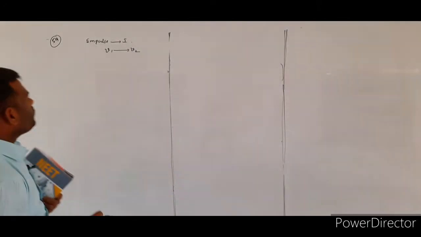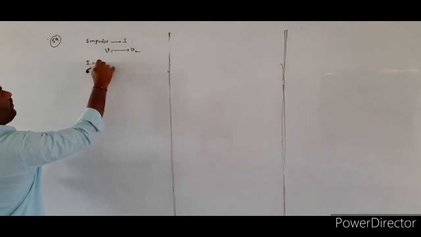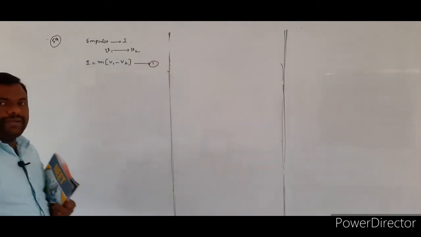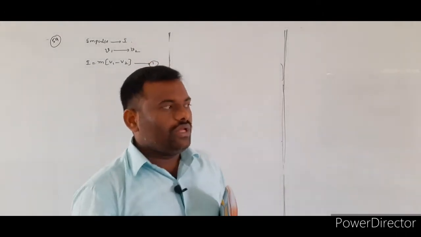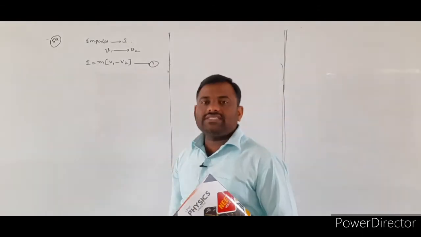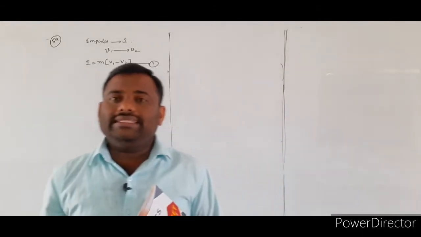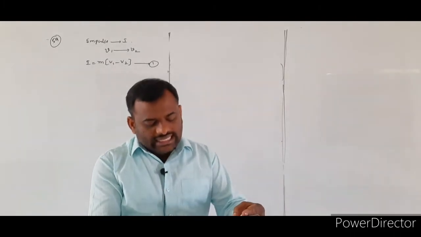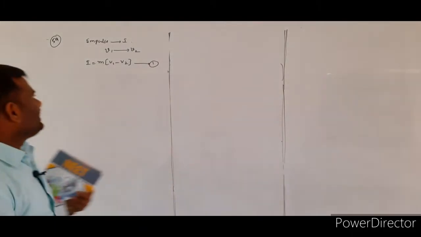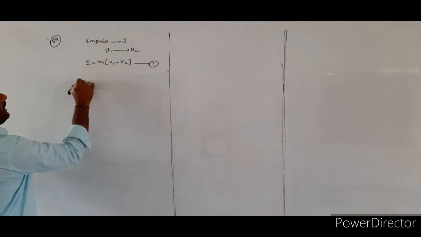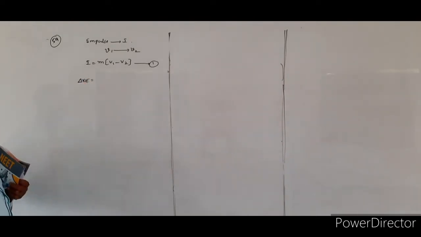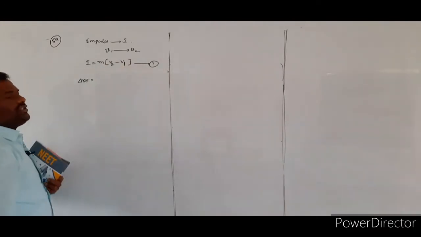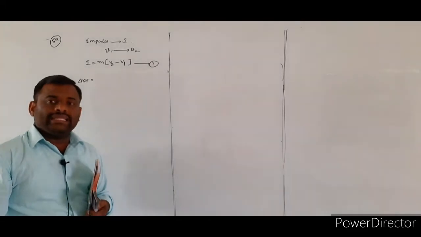Impulse causes a change in momentum. I am assuming the mass of the body is m. According to the basic formula of impulse, impulse I = m(v2 − v1), the final momentum minus the initial momentum. Whenever the velocity changes, the kinetic energy also changes. They are asking for the increase in the kinetic energy of the body, so delta KE is equal to...